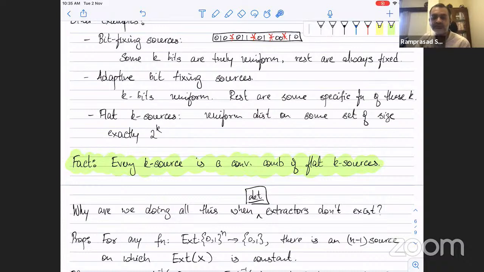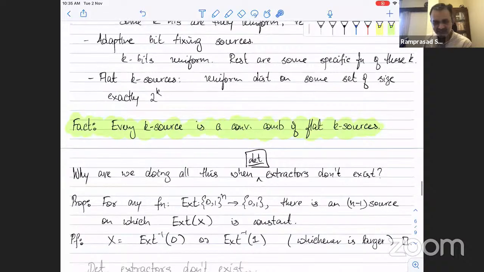Okay. So in terms of min entropy, the amount of randomness present in it is huge. There are n-1 random bits in some sense. But this extractor output will always be constant. Now, once you see the statement, there's only one thing you can try, which is basically just take your source